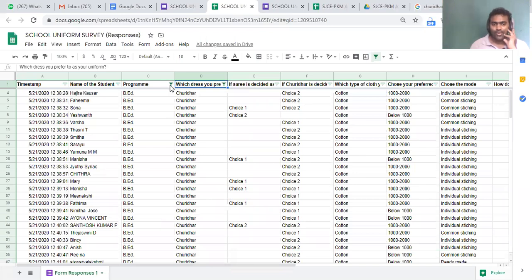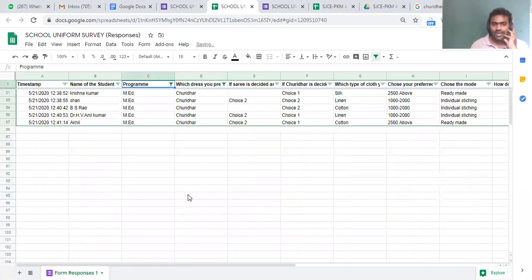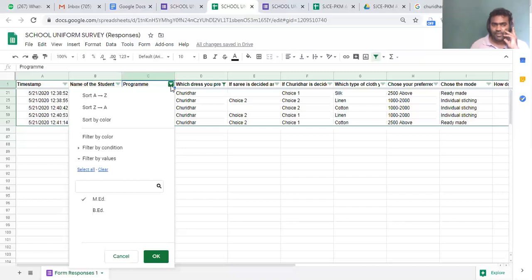Now in med, how many are choosing churidar? Sorry, that number is wrong. I was looking at the row number instead of the column number. We have to check it again.